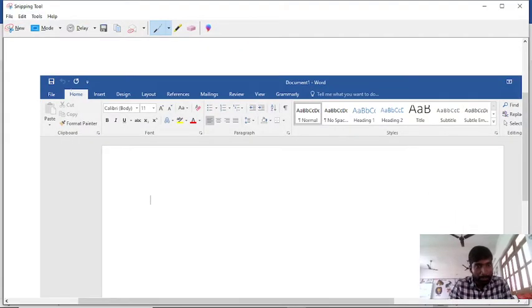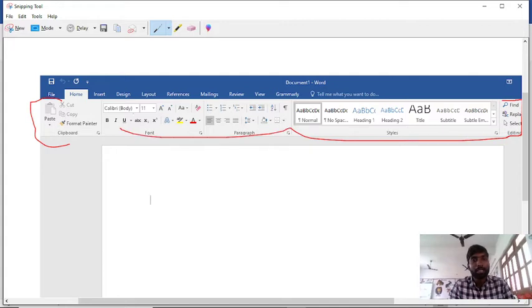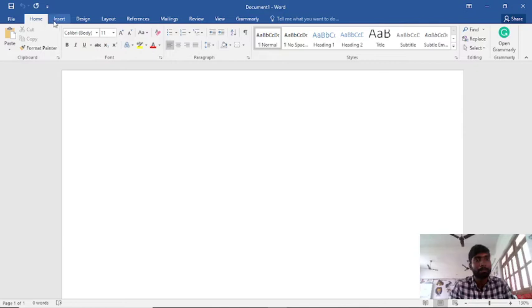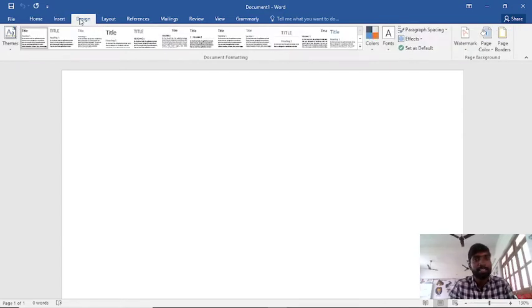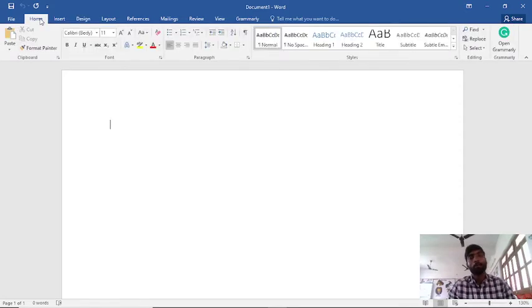So this is a ribbon. From here to this area is called the ribbon. Now if you see the ribbon, each tab contains a different ribbon. For example, the home tab ribbon consists of different options, and the design tab consists of different options. Understanding?